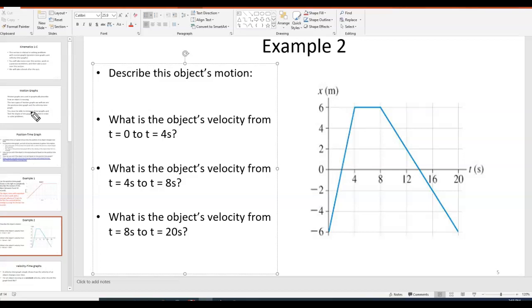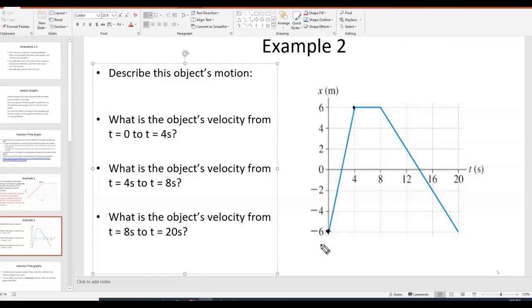Well, you look at the slope. We talked about that a few minutes ago. The slope on a position time graph represents the velocity. So I could do rise over run. I'm going to do this one slightly different just to show you there's different ways to find the slope of a line. But basically what I'm going to do is I'm going to pick 2 points